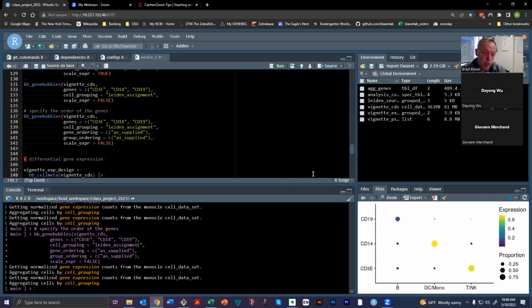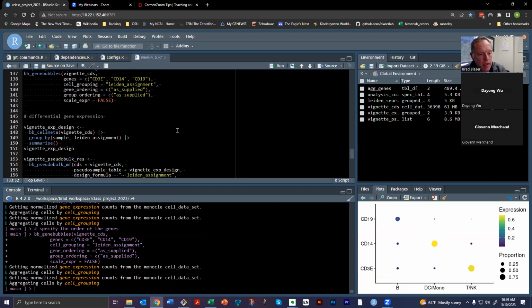In other words, they're put close together in a hierarchical clustering algorithm for 3 genes and 3 cell groups. It's sort of random, but if you want to arrange it in a certain way, you just make the gene ordering as supplied and the group ordering as supplied, and then you just make the cell groups or the gene groups the way you want them to look. Okay, so that's